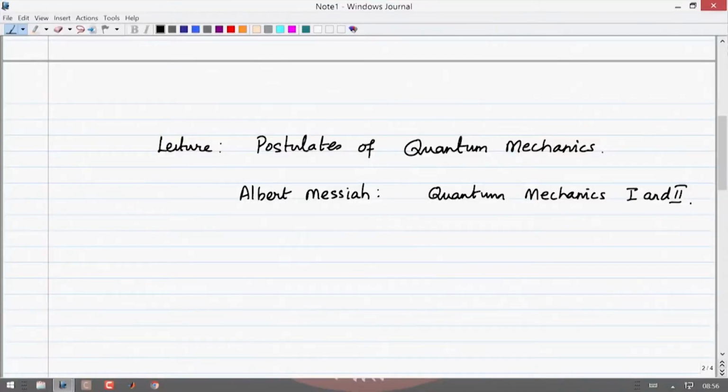In the first few years when quantum mechanics was discussed a lot, in the early 1920s and later, the mathematical basis for quantum mechanics was also studied by many. One of the developments was to postulate some of the mathematical basis for quantum mechanics and then apply these postulates as the fundamental principles of quantum mechanics. There are 3 or 4 postulates which you will find in any textbook, but let